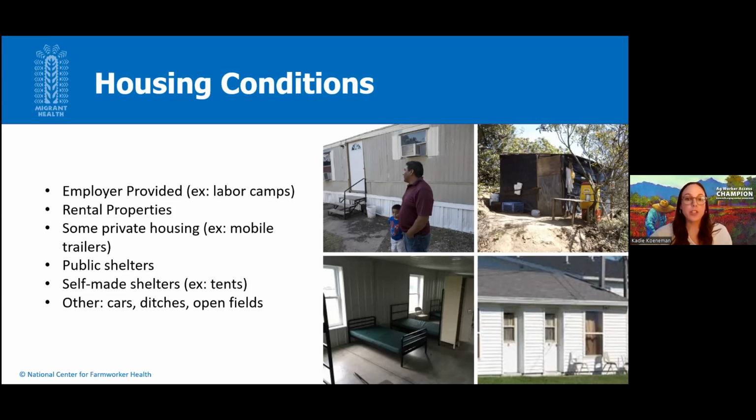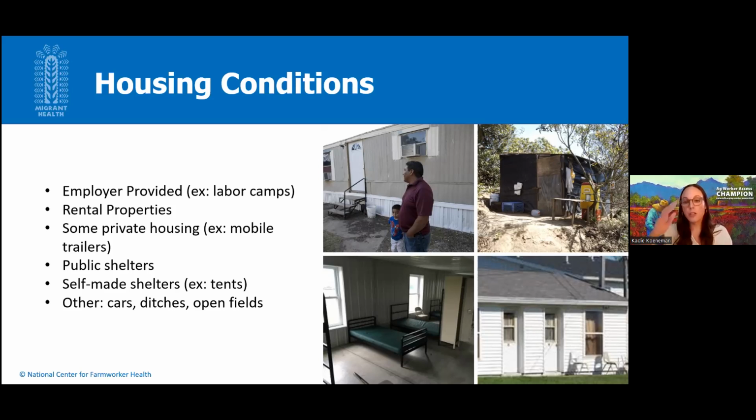However, most ag workers do not have housing provided by their employers and need to find their own housing. Nationally, 50% of workers report renting property for housing. However, most communities may not have enough rental units available, or they may be unavailable to ag workers because they cannot provide deposits, qualify in credit checks, or make long-term rental commitments due to their migratory travel.